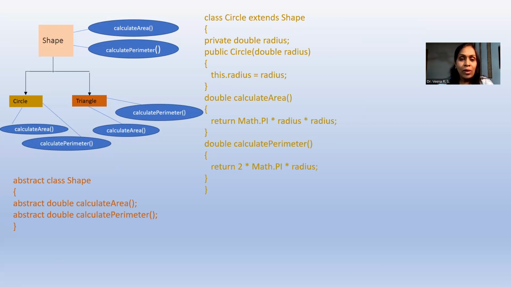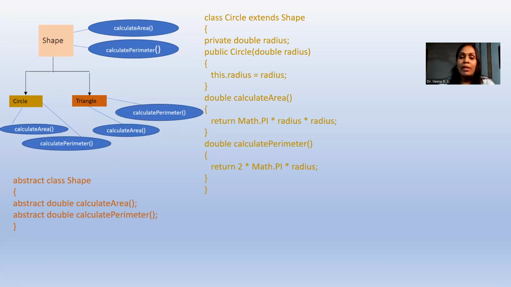And to find out the area of a circle, we know that pi r square is the formula. And as pi r square is the formula, to calculate the area of a circle, we need the radius to be given. So we have declared one variable called radius, which is of type double. So private double radius statement is going to declare an instance variable for the class circle of type double. And as we say it is private, that means this variable will not be accessible